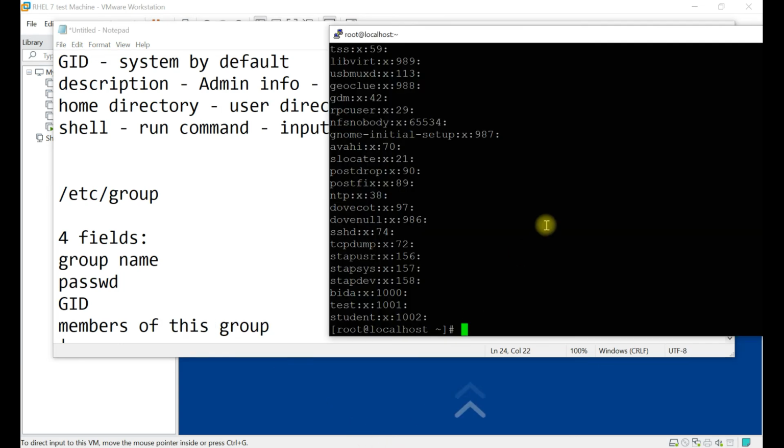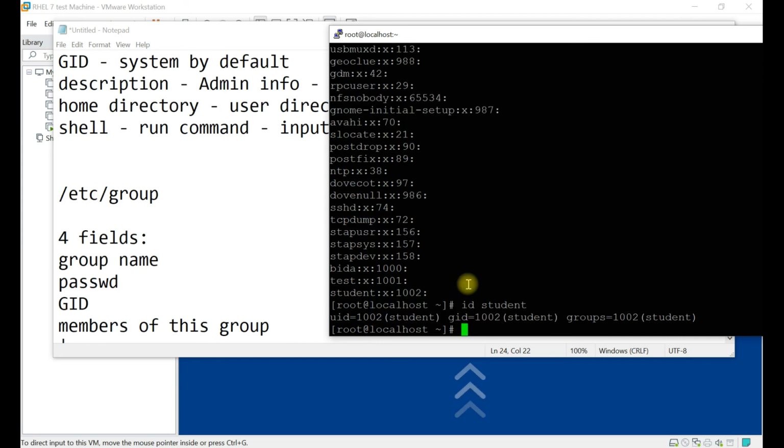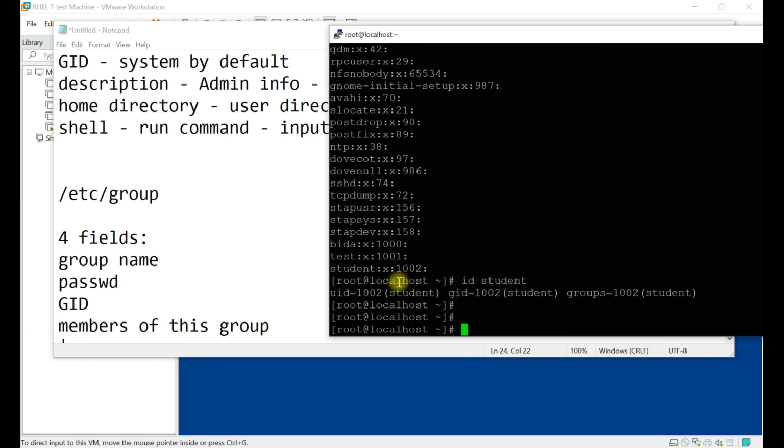Okay, so basically what we can see, ID is student. Student ID is 102, and he is a part of the 102 student group.